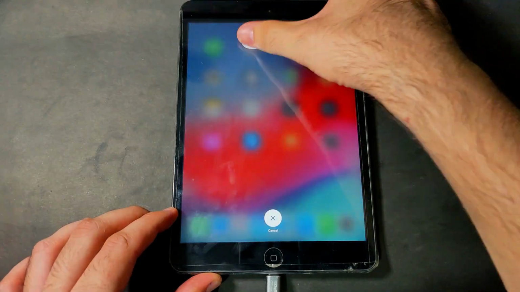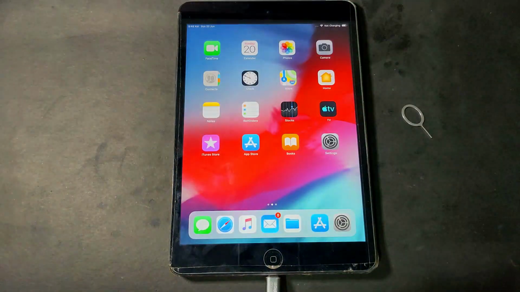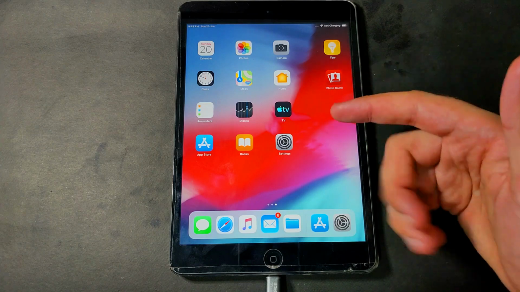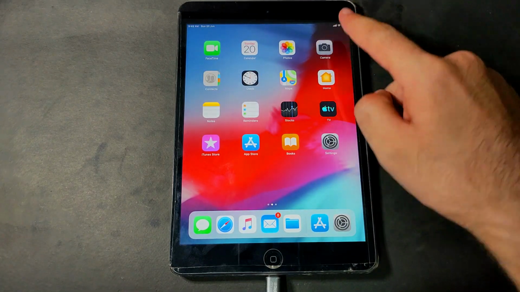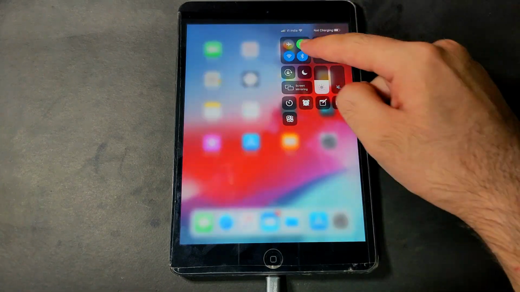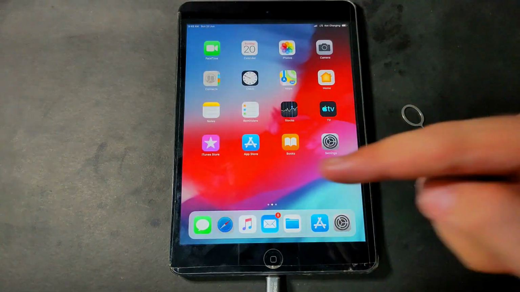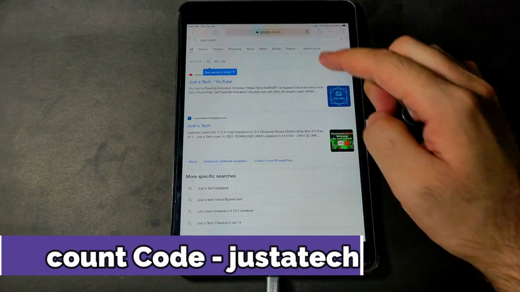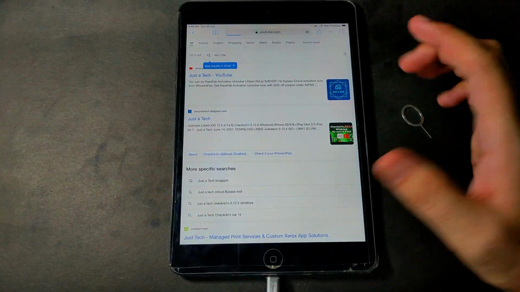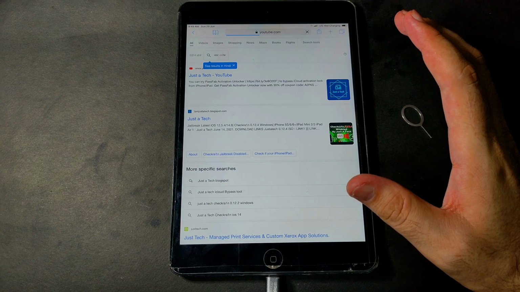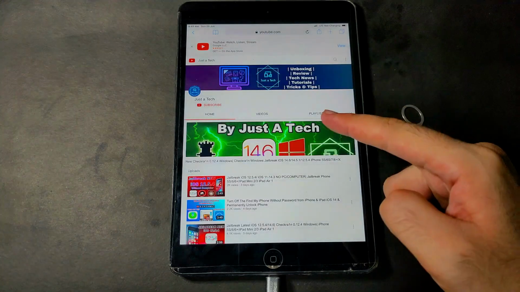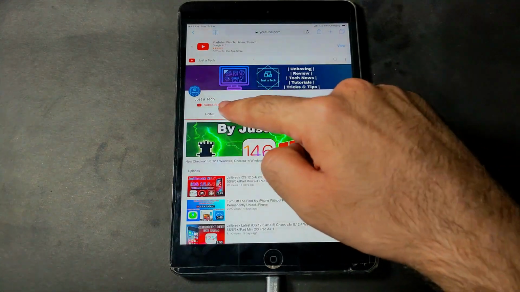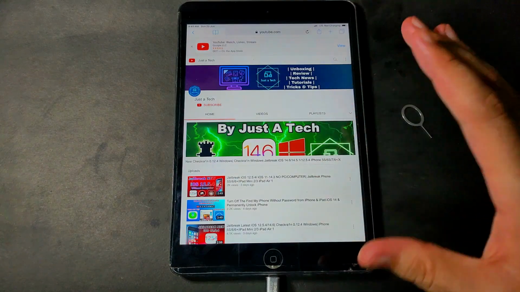In the last, I will reboot it again and show you that after the reboot, everything works like normal. Now you can see the data connection is still working and you are getting the signals, and everything will work. Now let me go to Safari and surf the website again. You can apply the same process for all iPhone or iPad models that have GSM or MEID. iPhone 5s to iPhone X are supported, and other iPad models that are supported by the